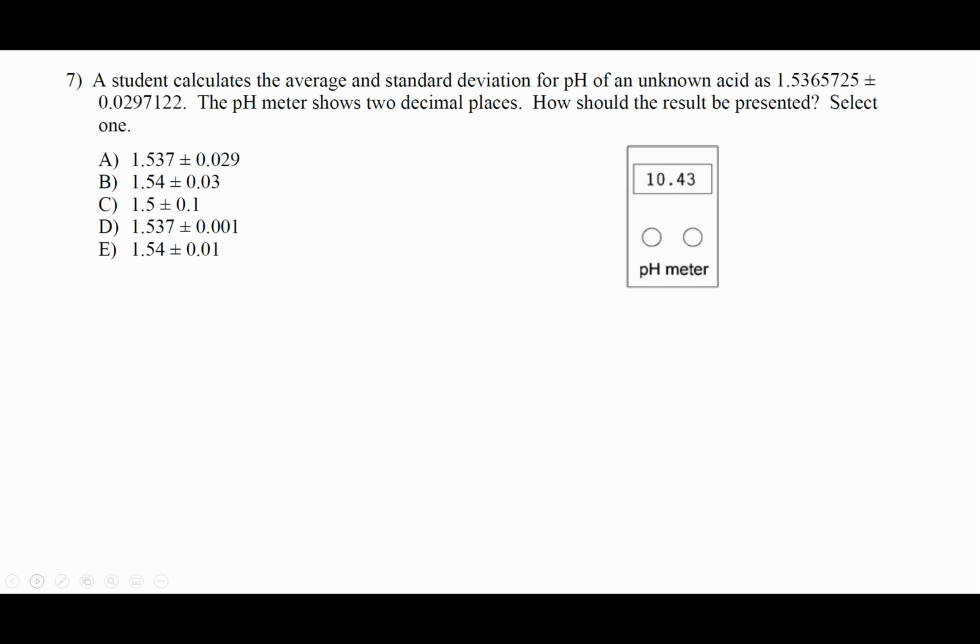A student calculates the average and standard deviation for a pH of an unknown acid as this, plus or minus that. The pH meter shows 2 decimal places. How should the result be presented? So you've calculated an average pH and a standard deviation. So once again, rule 1, we'll apply to this. So rule 1 is